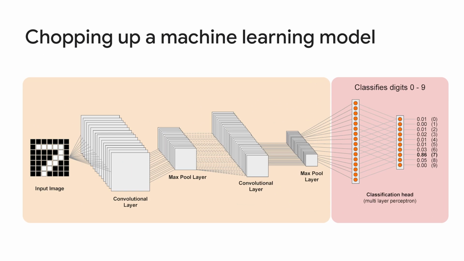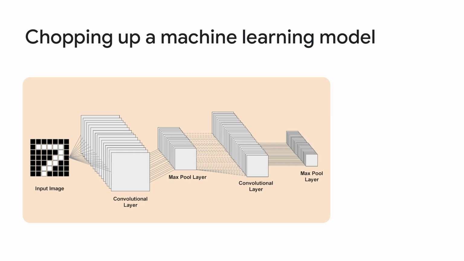Now, if you could separate the pre-trained lower level layers of an existing trained model shown on the left from the classification layers near the end of the model shown on the right, which are sometimes referred to as the classification head of the model, you could then use these lower level layers to produce output features for any given image based on the original data it was trained on. Now, assuming the new thing you're trying to recognize can also make use of such output features, there is a good chance they can be reused for a new purpose.